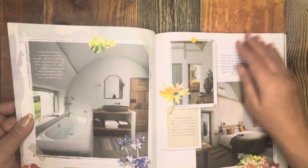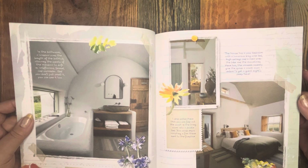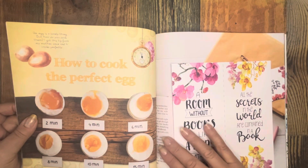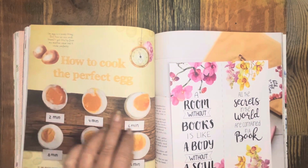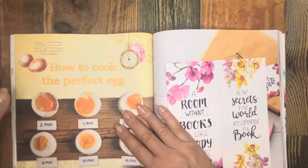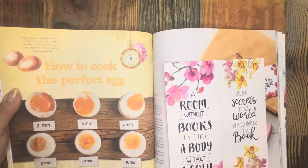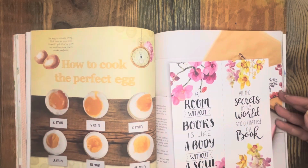Looks like a cozy place. Ireland, here I come. I'll be saying that someday. How to cook the perfect egg. Tells you what it's going to look like after how many minutes. And then this looks like something you're supposed to